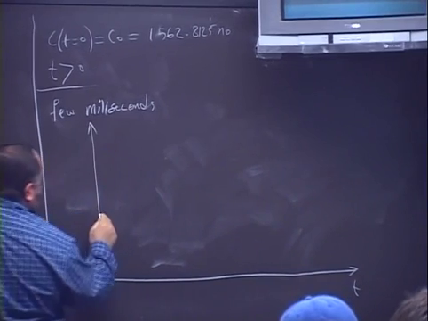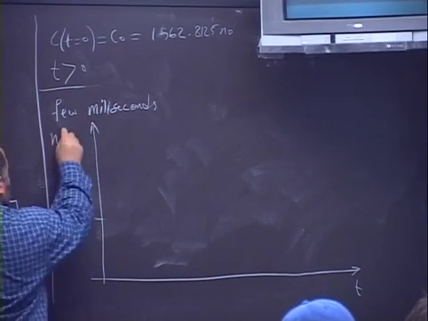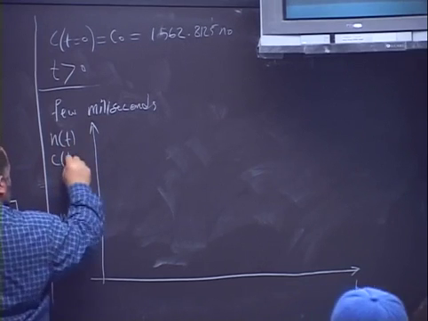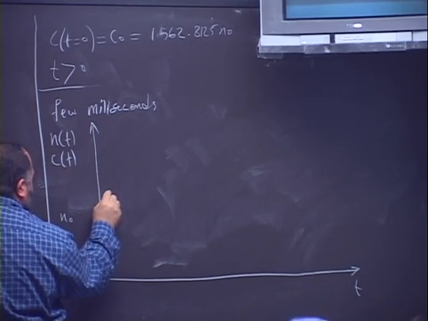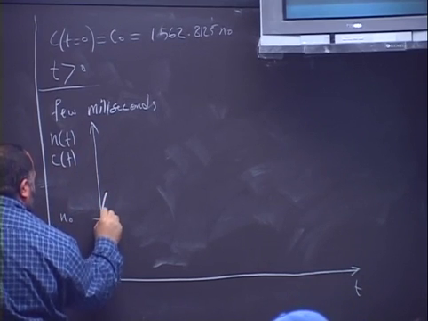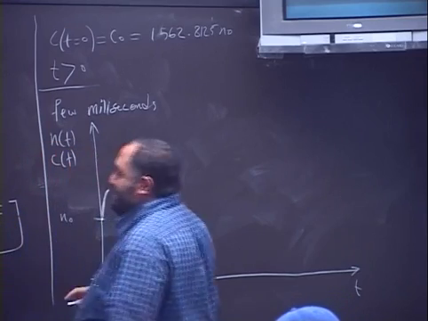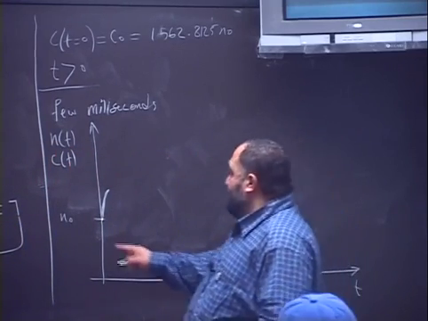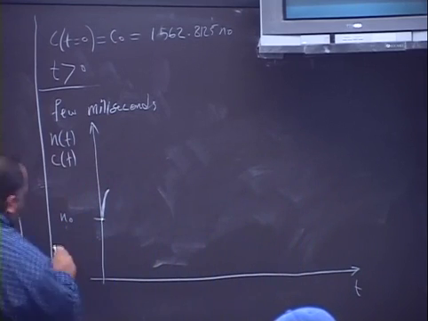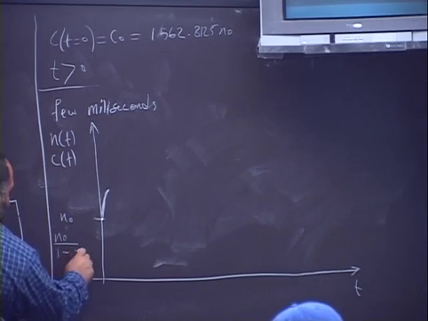You expect you were here at n naught, and then you expect to do what? Oh, so you will go from 1 to nearly 1 point what? 1.21 on a very fast jump. So you will go from n naught to n naught divided by what? 1 minus rho